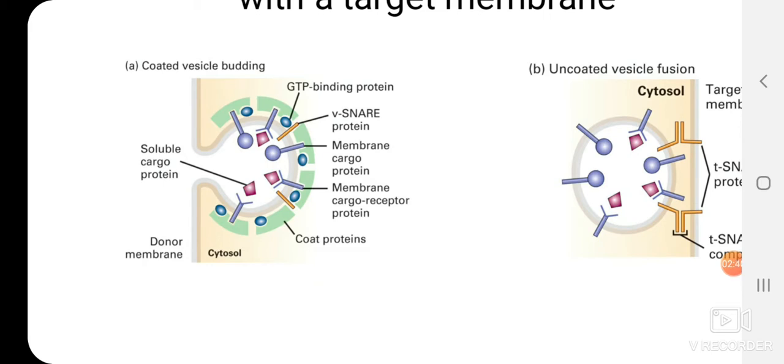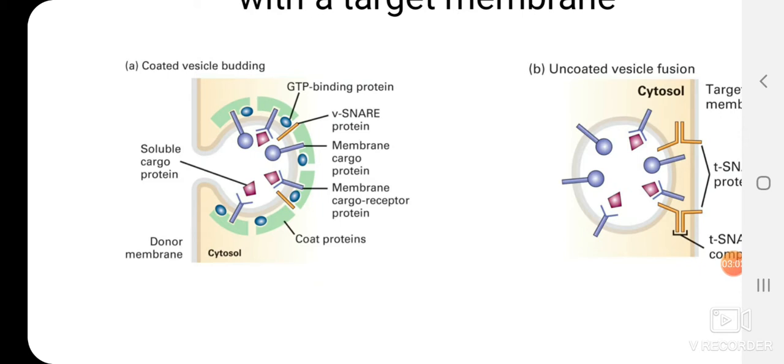So now the cytosolic end of these receptors will get interacted with the coatomers either directly or with the help of an adapter protein molecule, and thereby when these coatomers start polymerizing, they are going to drag